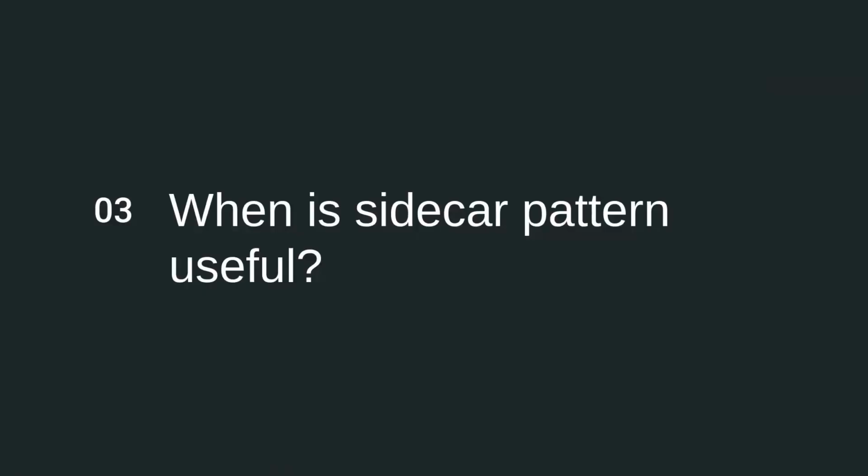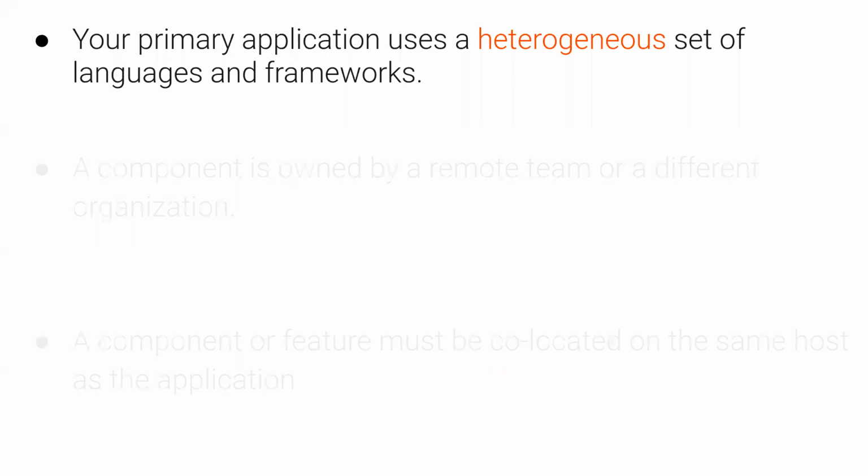So when is this sidecar pattern useful? Take an example of a grocery app or some e-commerce website. You have n number of microservices, and you need these common tasks or supporting features. If all of these services are written in different languages and different frameworks altogether, this is where you can make use of the sidecar pattern in your systems.